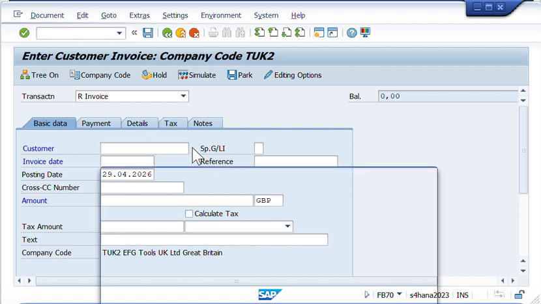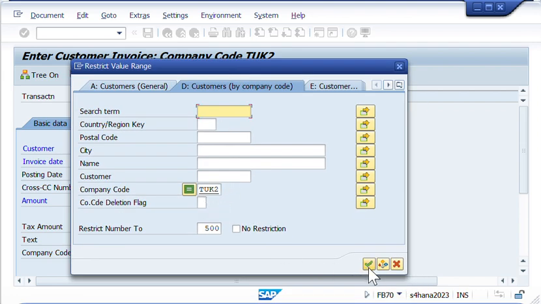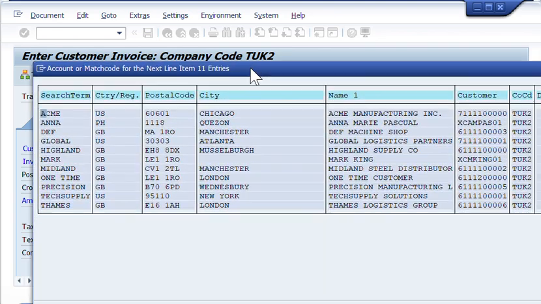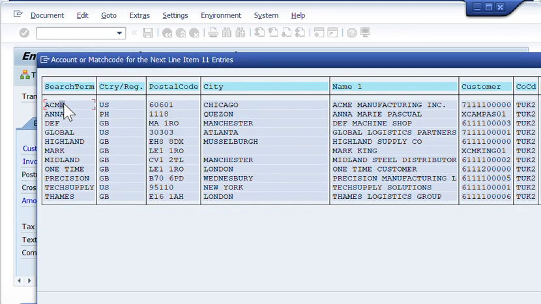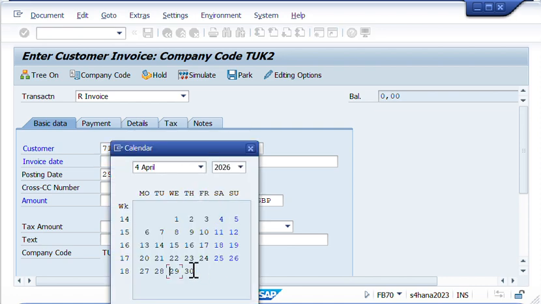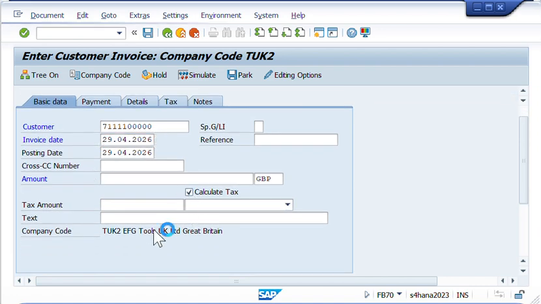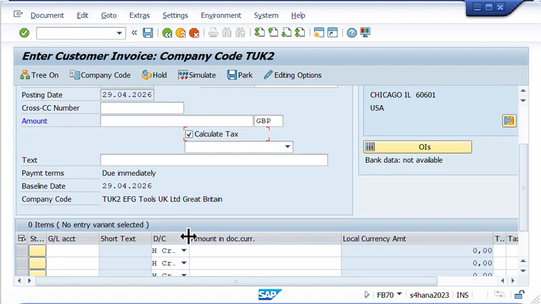So first, let's select a customer and my company code is TUK2. That's correct. And then click check and I'll be using Acme. Double check Acme and then the current date. Click on the current date and then one click tax